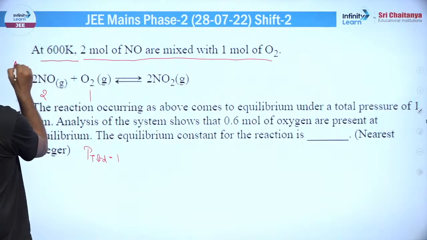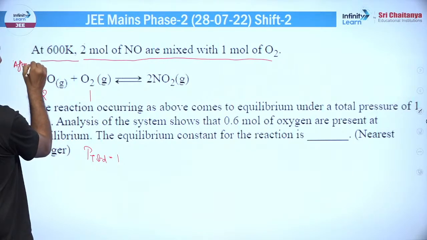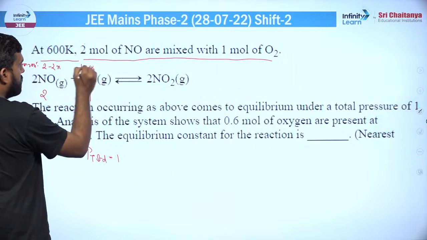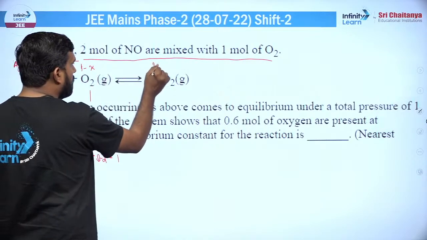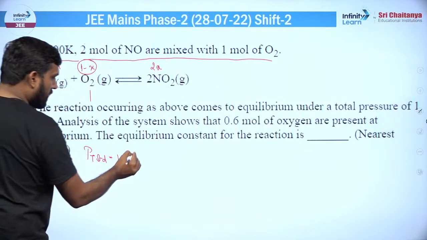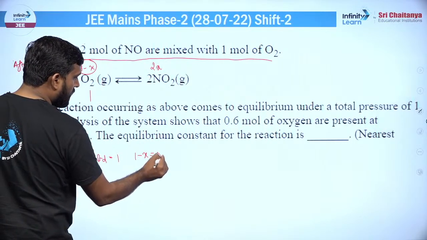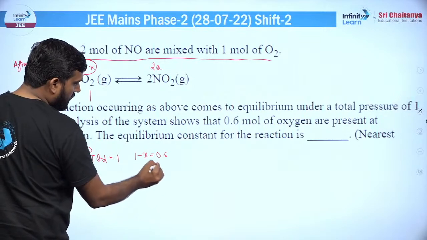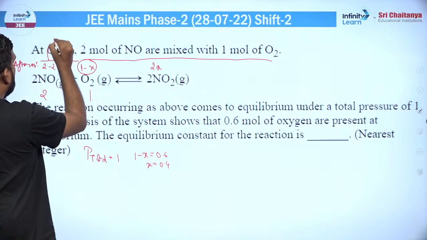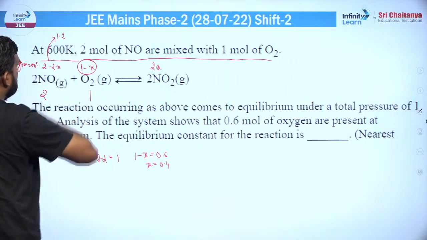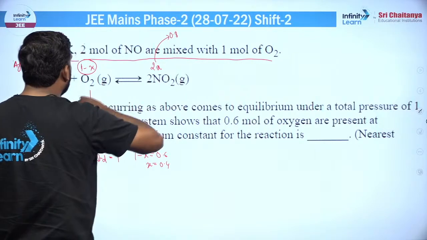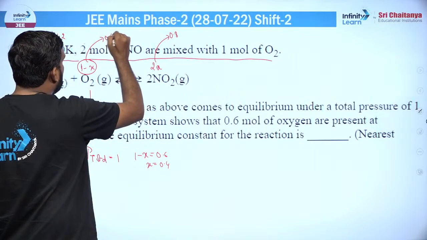तो अगर हम फाइनल रिएक्शन, आफ्टर रिएक्शन अगर बात करें, तो ये कितना हो गया होगा, 2 - 2x होगा, ये 1 - x होगा, ठीक है। और अगर यहाँ से x गया तो ये 2x बना होगा, ठीक है। तो देखो 1 - x की वैल्यू क्वेश्चन में गिवन है, कह रहा है कि 1 - x ना 0.6 मिल गया, तो x यहाँ से कितना आ रहा है 0.4 आ गया, सब्सटीट्यूट कर दो, तो ये बेसिकली ये क्वांटिटी जो है ये 1.2 बन के आ जा रही है, ये क्वांटिटी आपके बन के आ रही है 0.8 आ जा रही है, ठीक है। और ये क्वांटिटी आपको पता ही है 0.6 है, ठीक है।